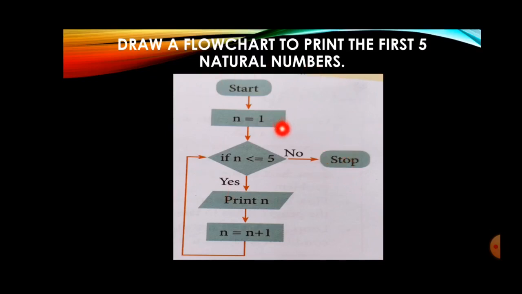Students, in your book also one looping example is given, add the first 10 natural numbers. So now you understood it properly, and you have to practice the other example by yourself. In the next video I will discuss one more example as well as the book exercise of this chapter. This chapter is finished.